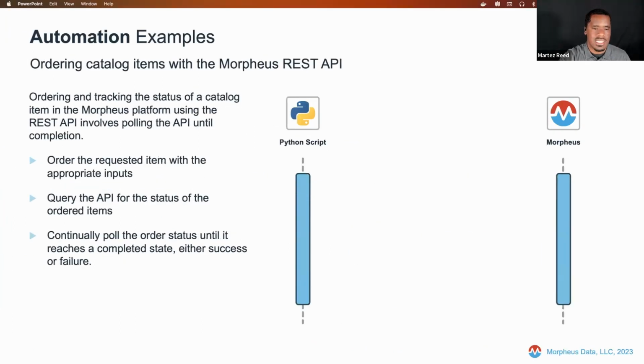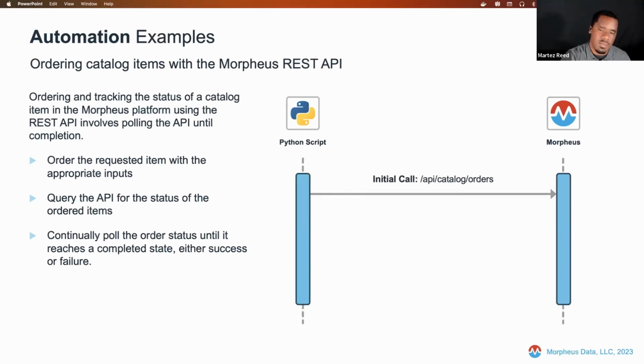All right, last example as we get close to wrapping up, ordering catalog items within the Morpheus platform. So we've built up from things like basic authentication to CRUD operations to pagination of the REST API and objects. Took a look at the automation. And so the ordering of catalog items is very similar to what we just did, certainly a little more complex. Not going to go through everything in detail, but certainly do want to give a more robust example. So walk you through the Morpheus